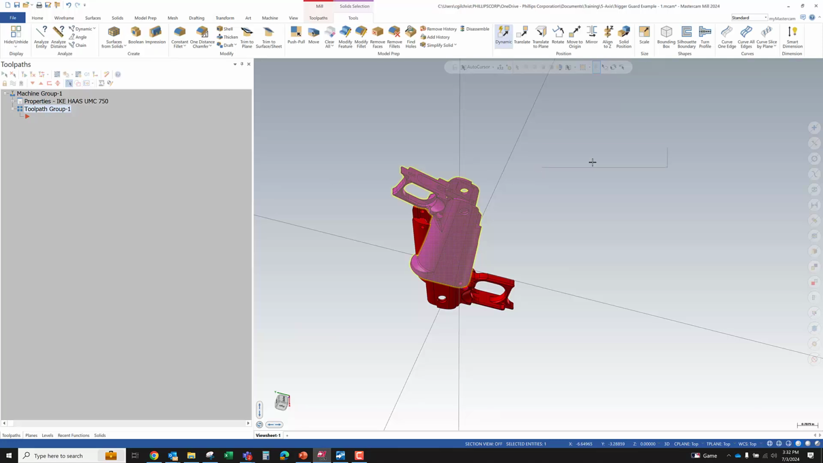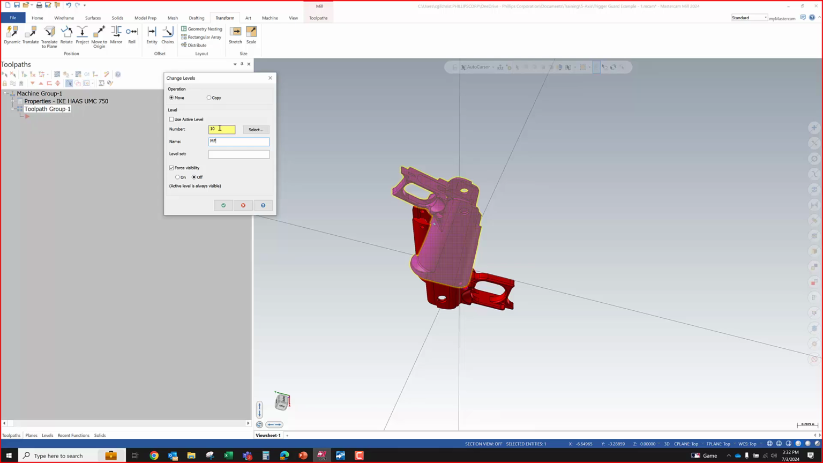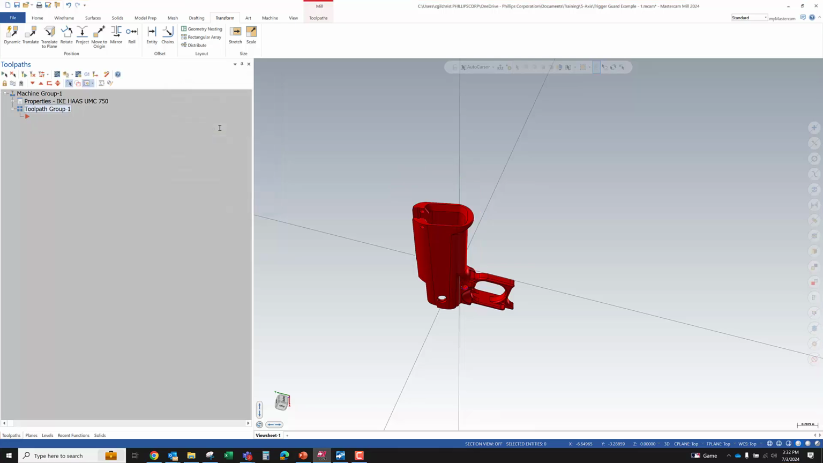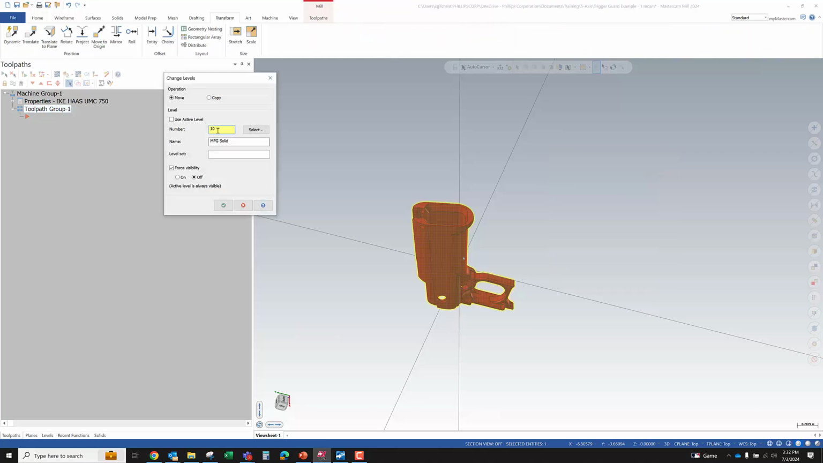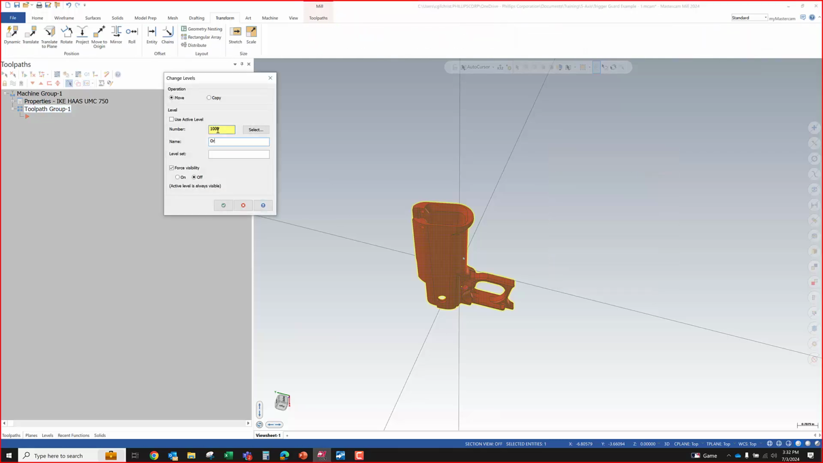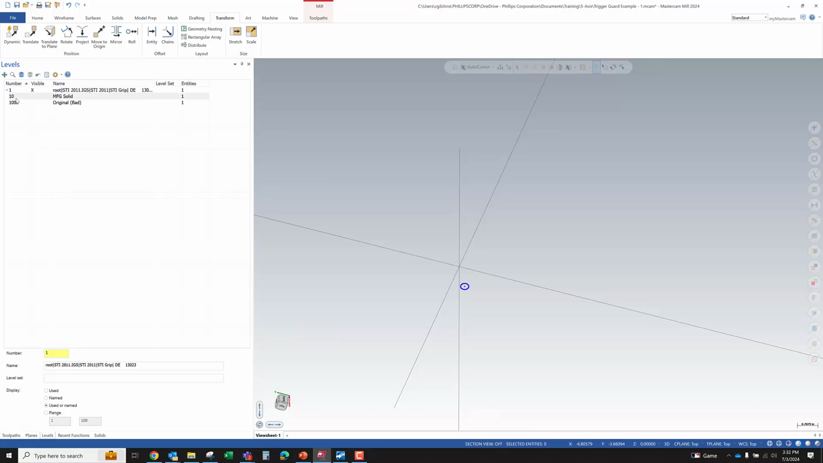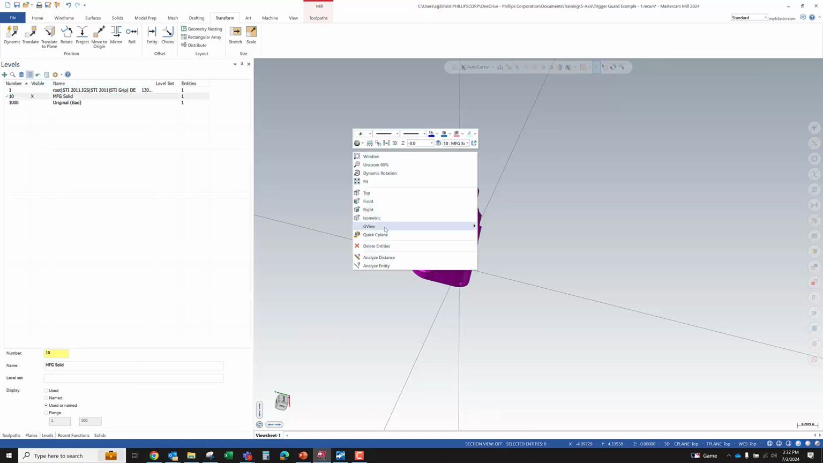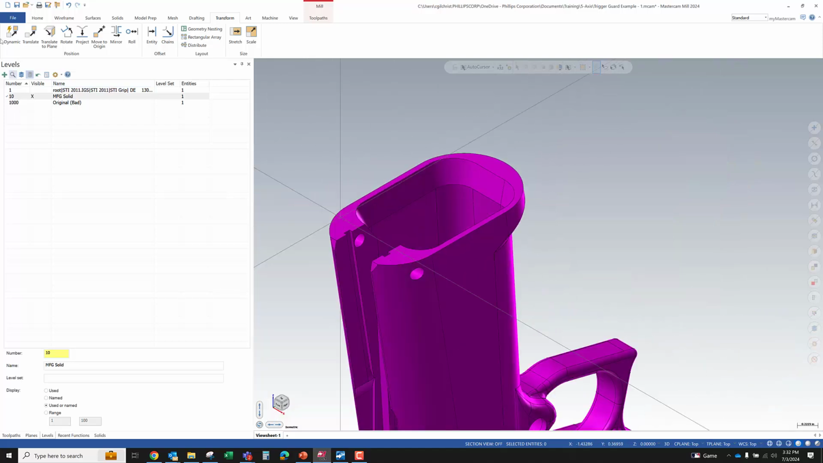So what I'm going to do, I'm going to move this to a new level and name it MFG solid. And I'm going to move this thing to some other level. Okay. So now in our levels, here we go. Part of the reason I wanted to move it